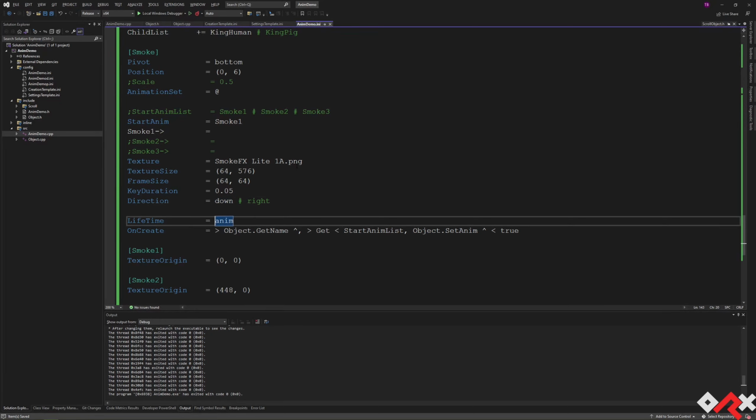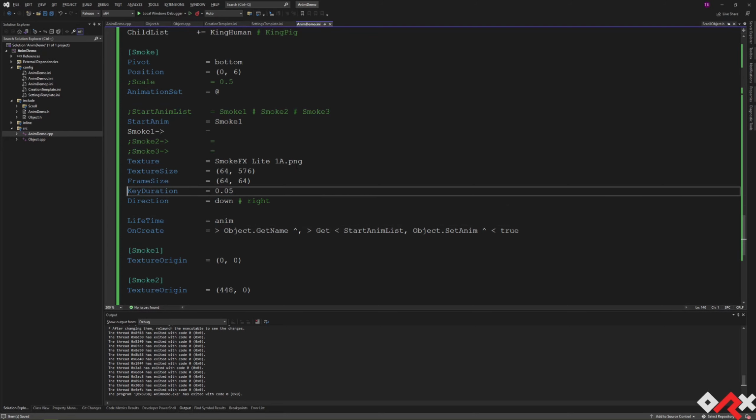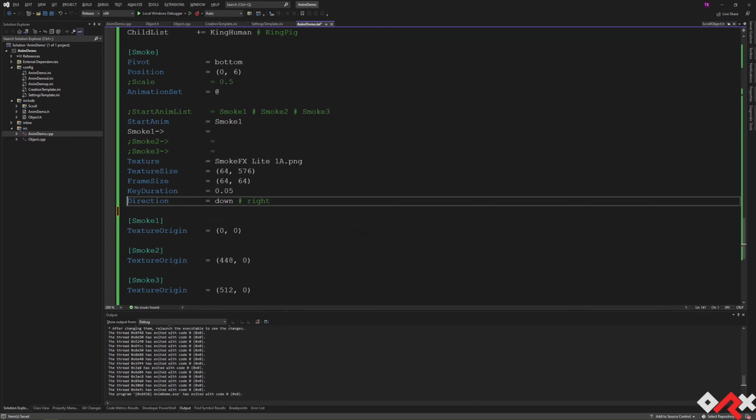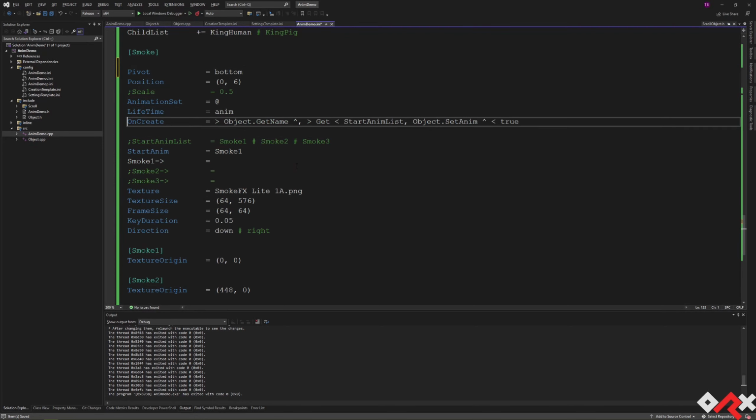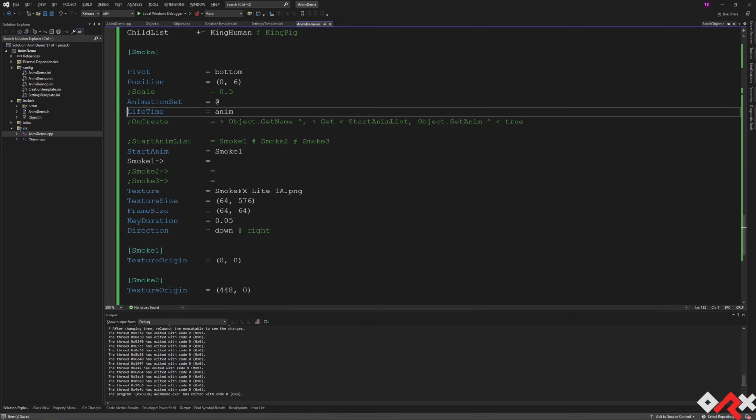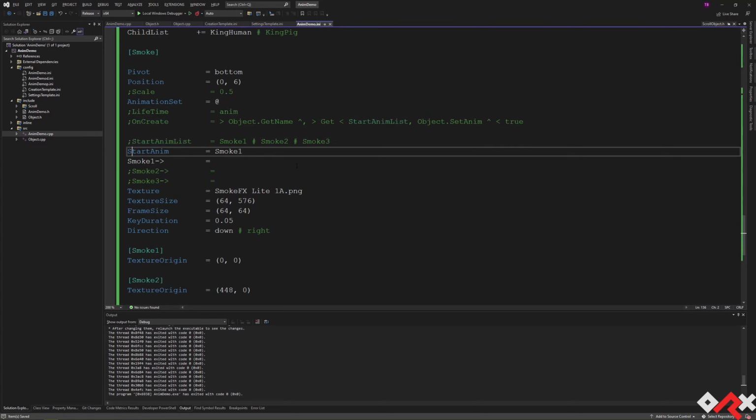And this we go back to object properties. So I'm going to put them at the top to make it more readable. At the top we have the object properties here, and here we have the animation set properties. So we are not going to do this first. We are going to do this one here. Here you can see that there's a lifetime set to anim. If I didn't put this here,